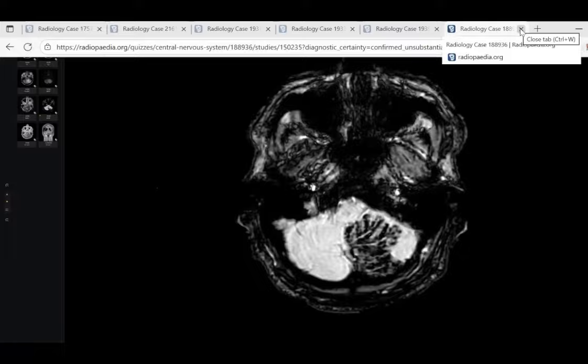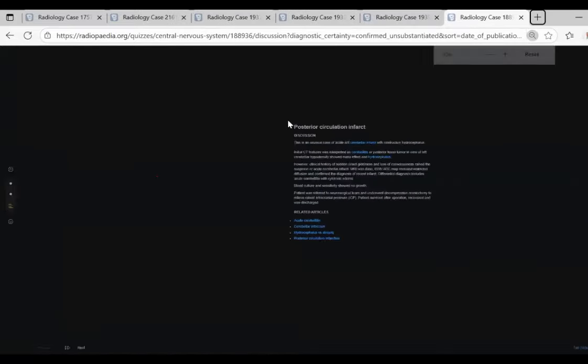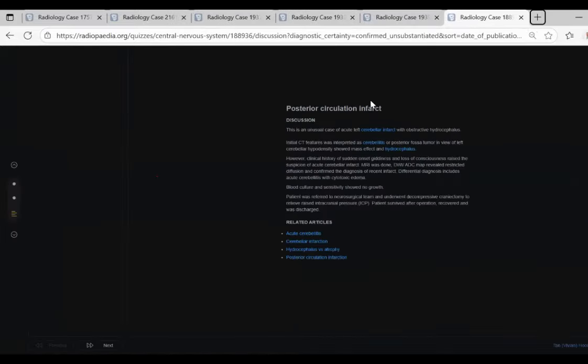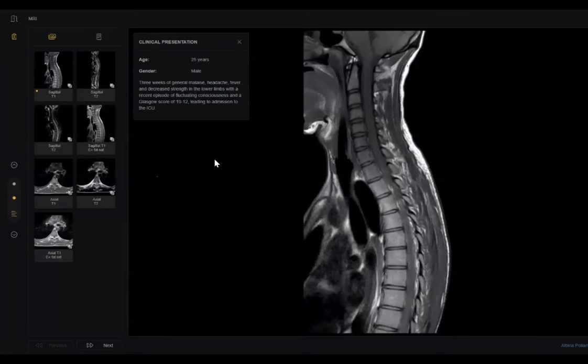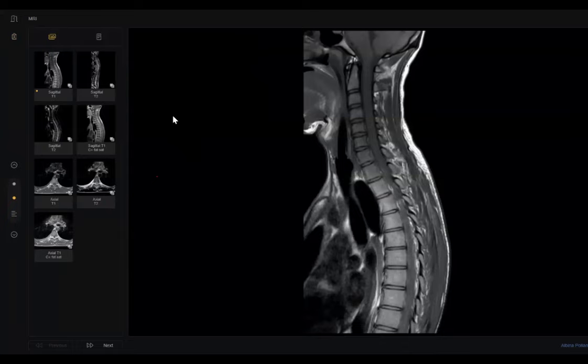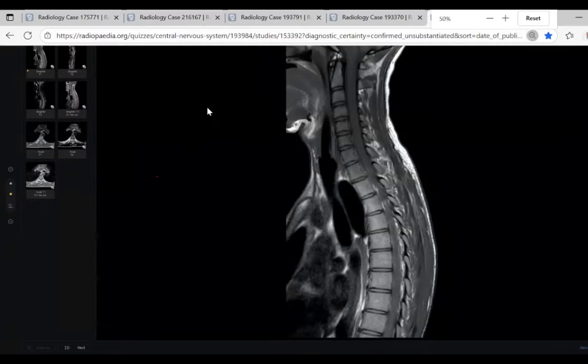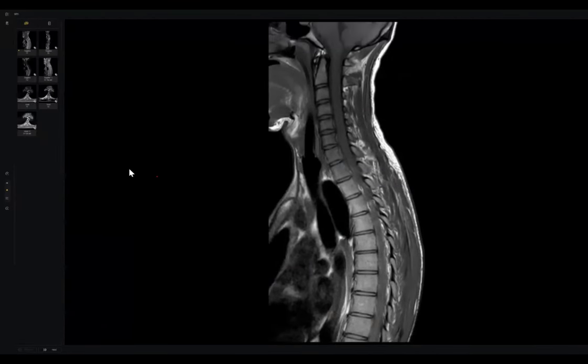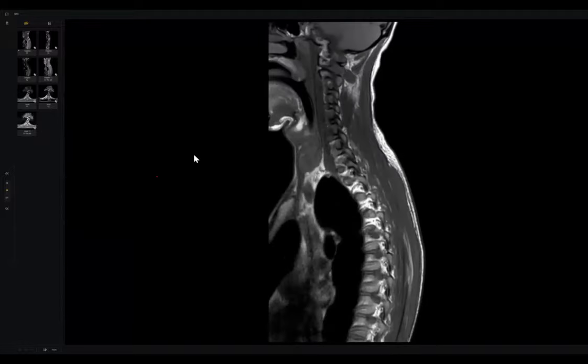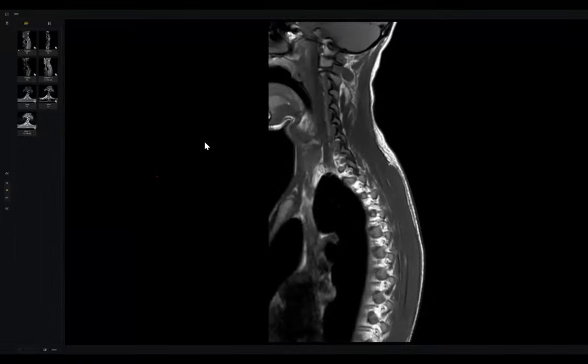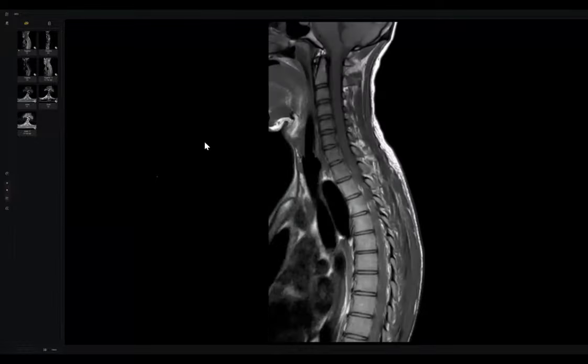Next candidate. Yes, sir. This case was a posterior circulation infarction. Okay, doctor, request control. Sorry, can you scroll for me? Yes. This is a 25-year-old male patient presented with leg weakness. I'm presenting an MRI of the cervical and dorsal spine of a 25-year-old presented with leg pain. Sagittal